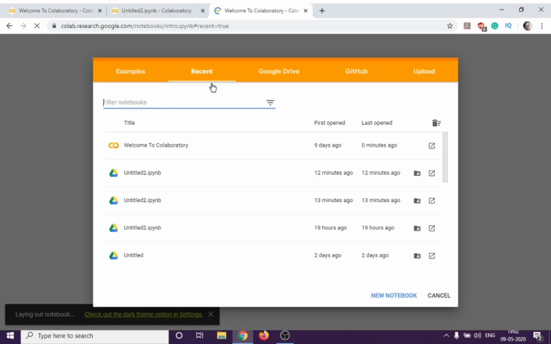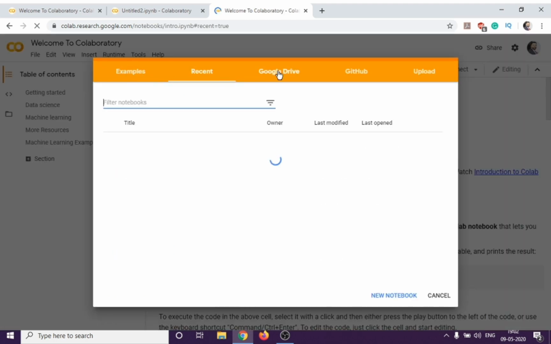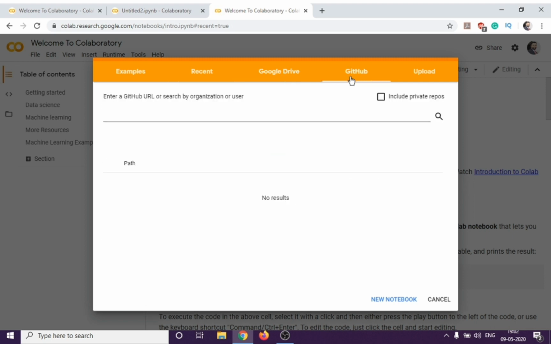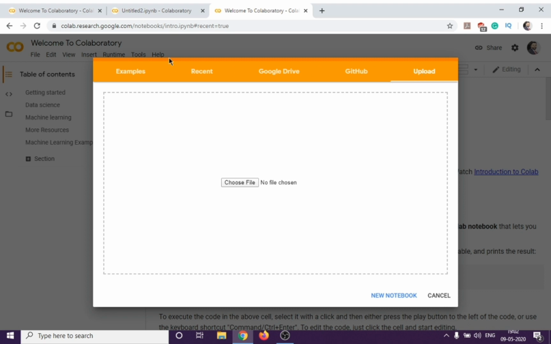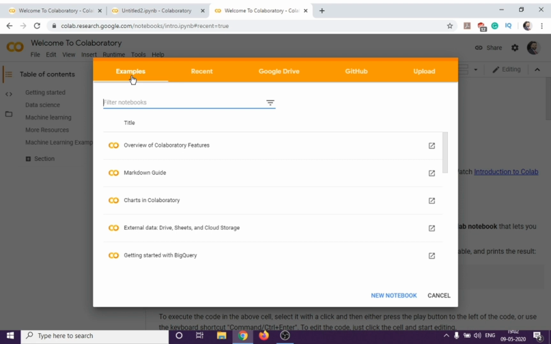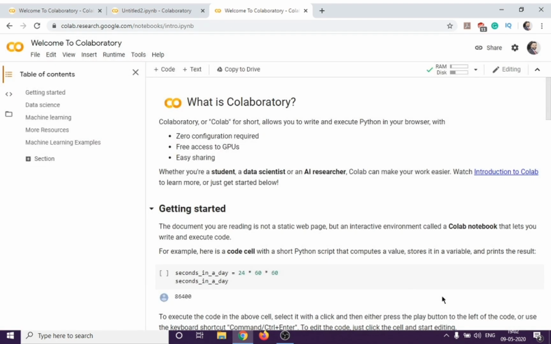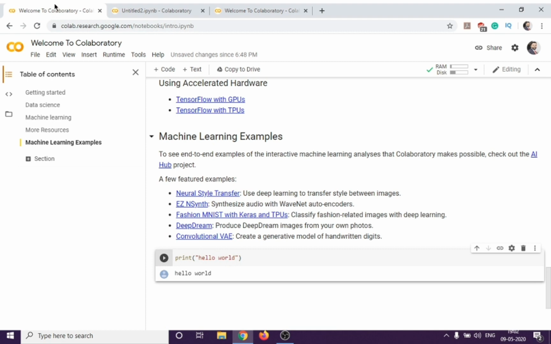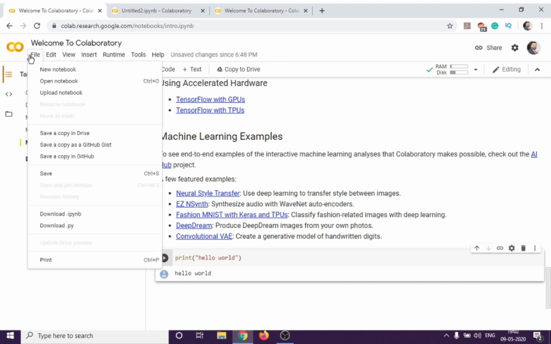So once you click on it, you can actually have your code from Google Drive. If you have a GitHub account, which we'll be covering in further sessions, you can call the programs from there. If you have locally coded programs, you can upload them. If you recently worked on any programs, or you have also examples in here. If you don't want to do that, if you want to start with a basic thing, then this is what you will get. This is Google Colaboratory, where you can write the programs